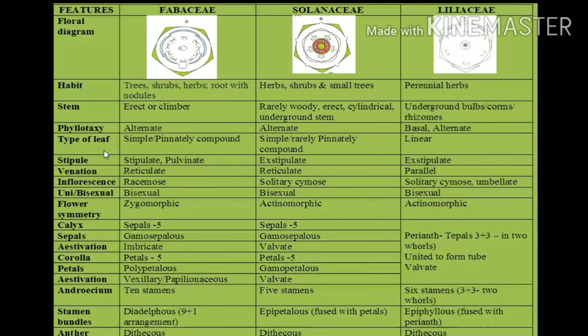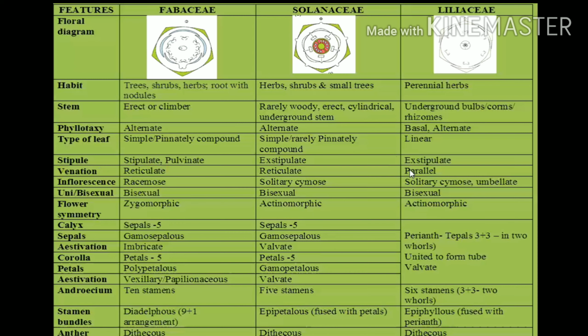The type of leaf is simple or pinnately compound in Fabaceae. Solanaceae, mostly they have a simple type of leaf, but rarely they are pinnately compound. And Liliaceae, they have a linear pattern. Fabaceae, they have a stipule as well as pulvinus at the base of the leaf, whereas Solanaceae and Liliaceae, they are exstipulate. Moving on to the venation, Fabaceae and Solanaceae, they exhibit reticulate venation, and in Liliaceae, they have a